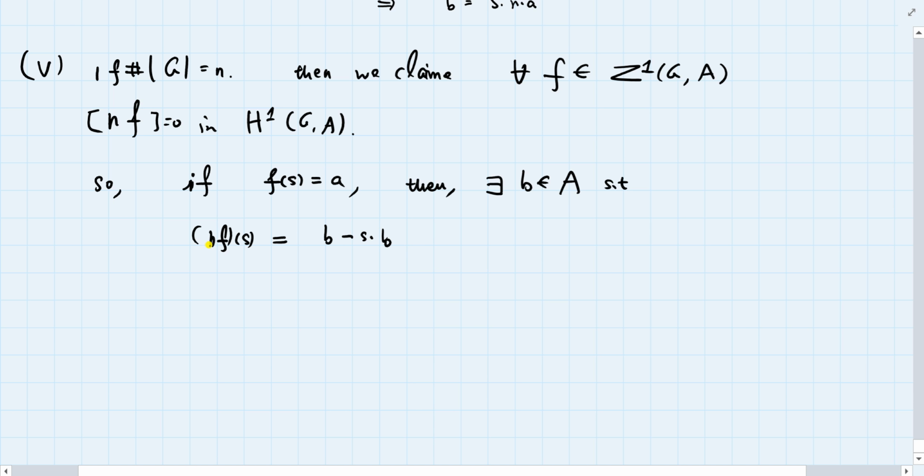We want to prove, if F is inside the 1GA and Fs equals A, then there exists B such that F equals B minus SB. And this tells you once this holds, then it holds for any S square. If you have this, then